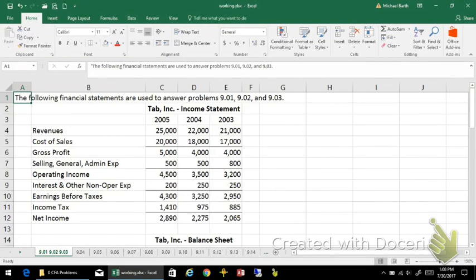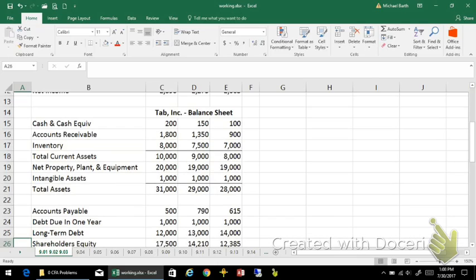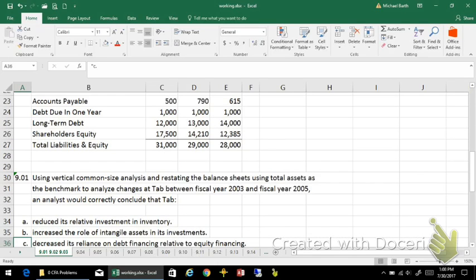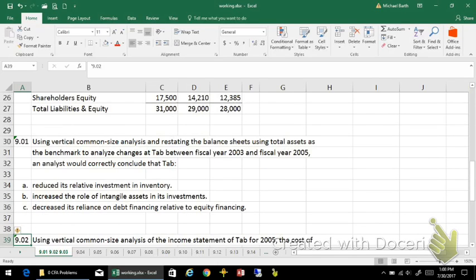All right, these are problems 9.1, 9.2, and 9.3 from the CFA Institute textbook, Corporate Finance: A Practical Approach. 9.1, 9.2, and 9.3 are all using the same exhibits, an income statement and a balance sheet provided in the text. All right, question 9.1, using vertical common size analysis and restating the balance sheet using total assets as the benchmark